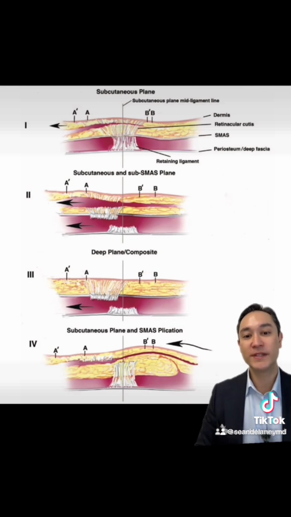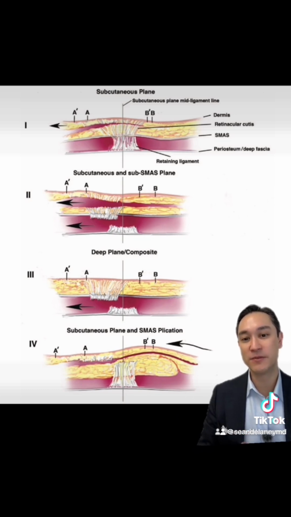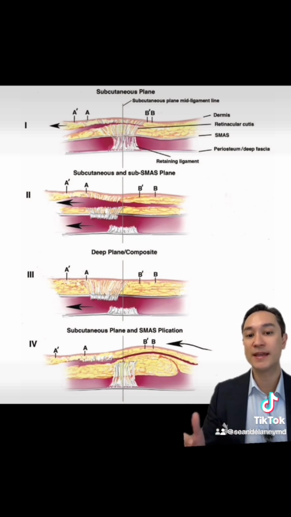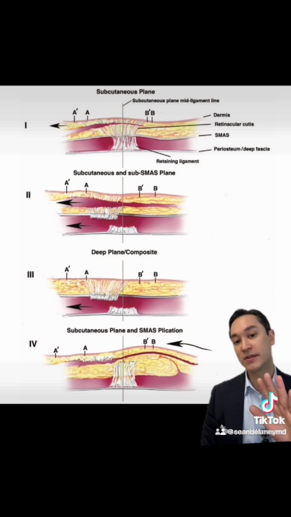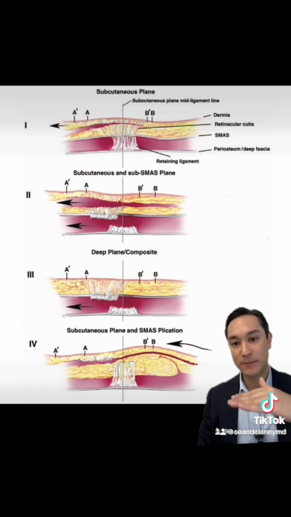And here's a really nice illustration by Dr. Elboul and Codner that really nicely demonstrates the different ways you can pull up the tissue. I'll go over these one by one. You may need to see this a few times. It can be a little bit confusing at first. Basically, we're looking at those same 5 planes that we were just looking at, but we're sideways now. The top layer is skin, underneath that subcutaneous, SMAS, deep plane, and then layer number 5 is our